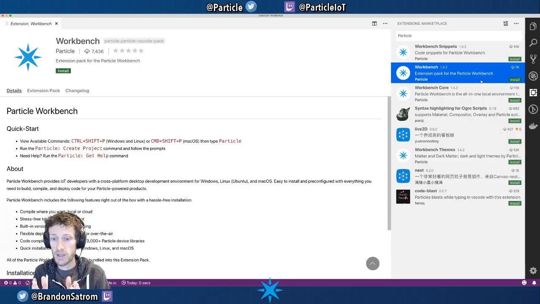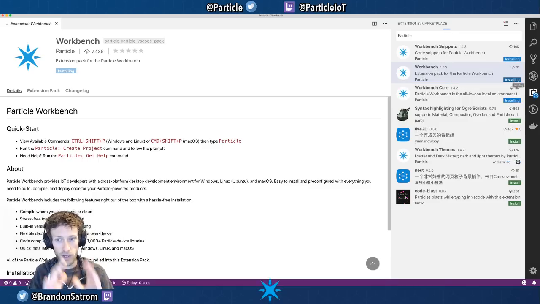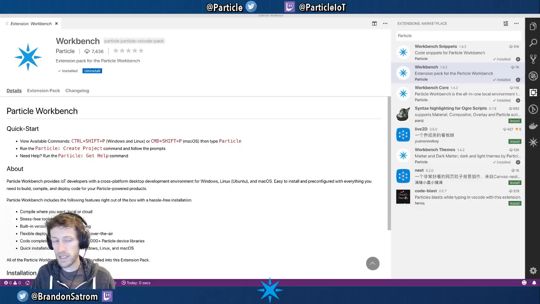You'll see three things that pop up, or four things that pop up: snippets, core, and themes. Those are all parts that can be installed separately. But the Workbench extension pack itself gets you everything that you actually need there. The installation should be relatively quick. And once that installation is complete,